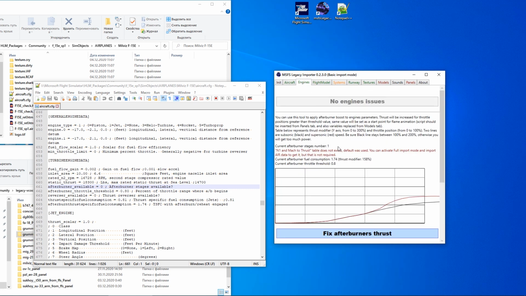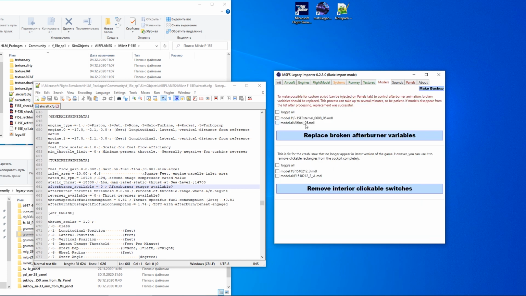You can see that afterburner stage detected as 1, but that is not correct value. In this case, program check exterior model variables and trying to predict amount of stage, but it does not always